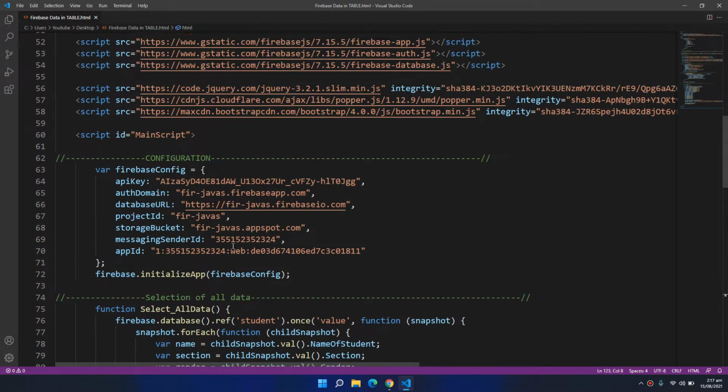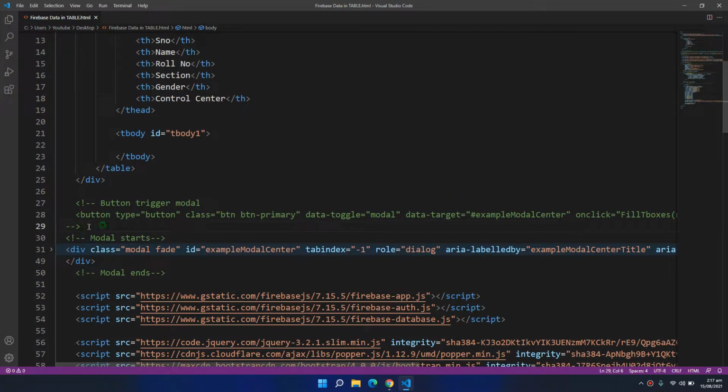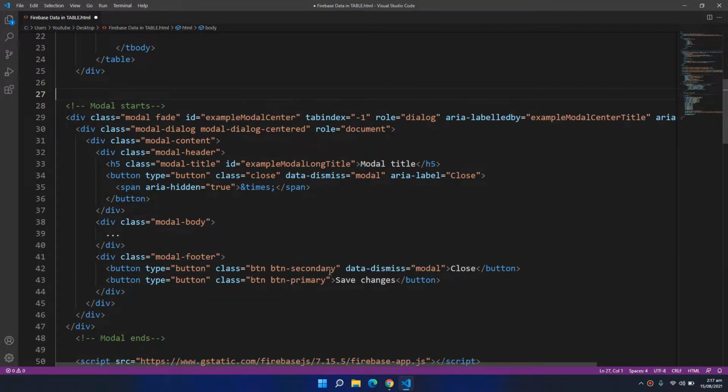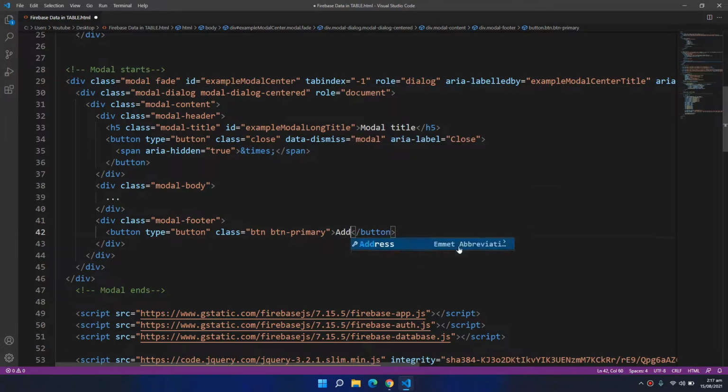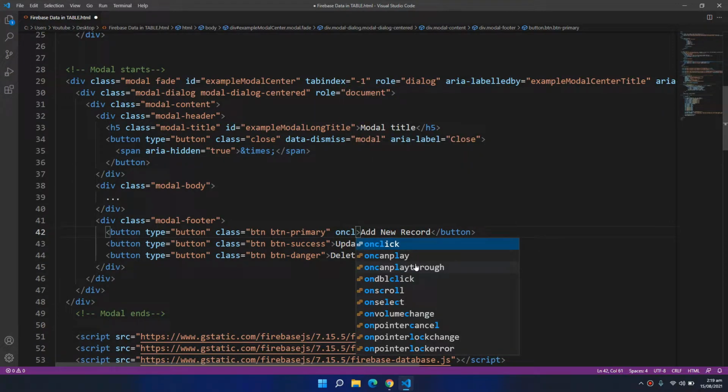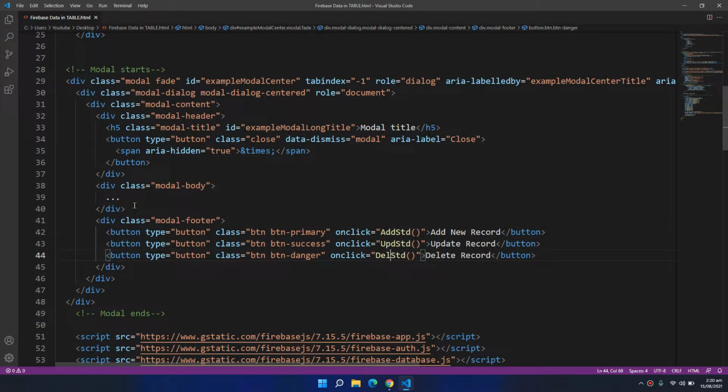Now we will edit our modal. And we don't need this anymore. Inside the modal component, so in Bootstrap, these are the color schemes. The primary decides the blue color, the success gives you green color, and this is the red colored button. And we will also be creating separate functions for this. So on click, I am gonna be adding some fields over here.